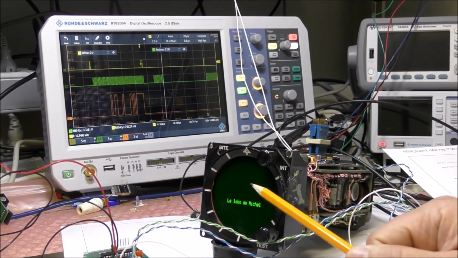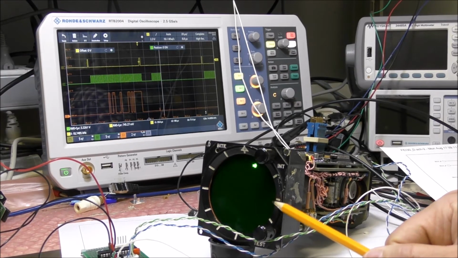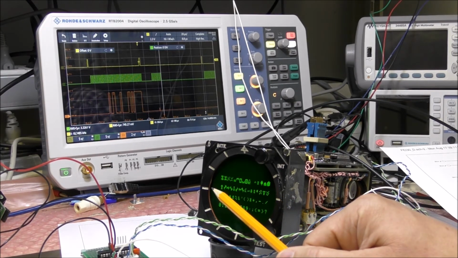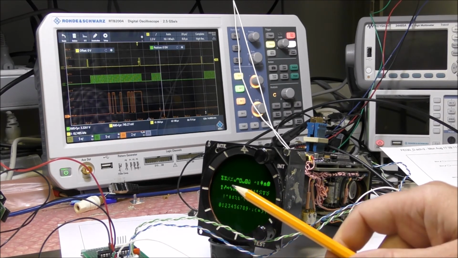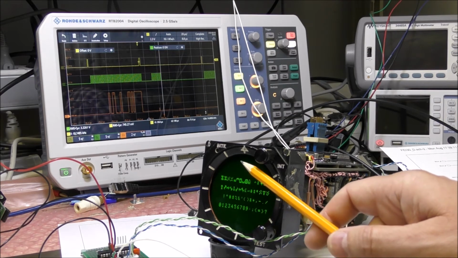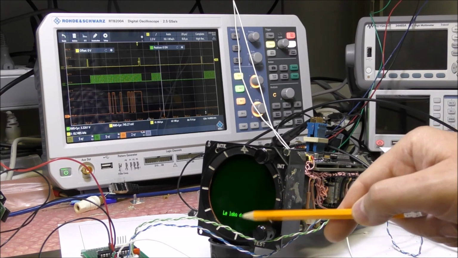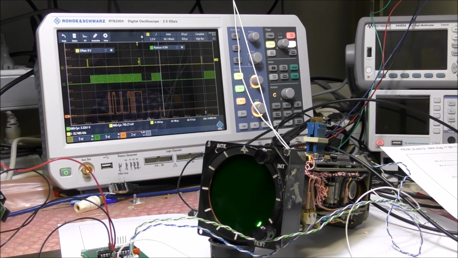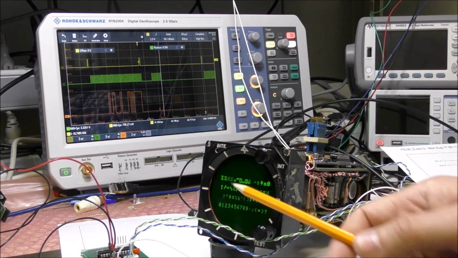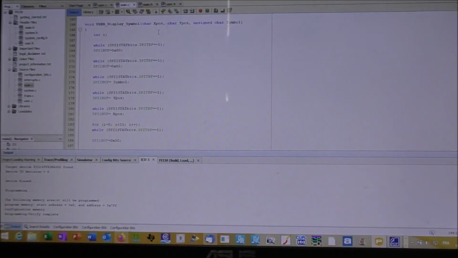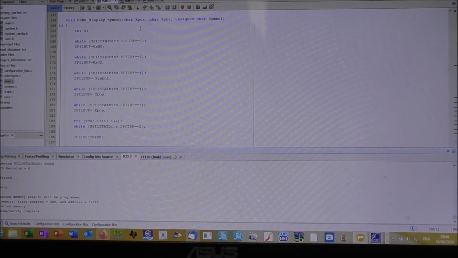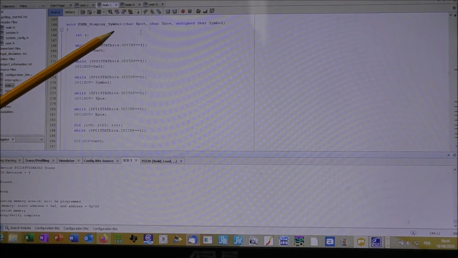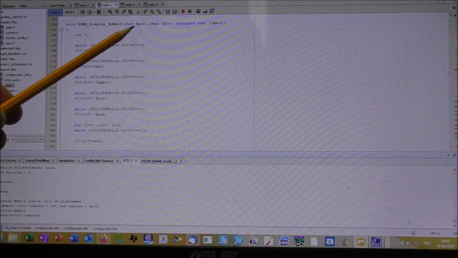So the X position will be +100 on the right to -100 on the left. And on the Y position, you have +100 on the top and -100 on the bottom. So you don't have to worry about offset and something like that. If you send 0 and 0, you will be in the center of the screen. So this is why in this function, the input parameters are an unsigned char for the symbol and a signed value for the position.